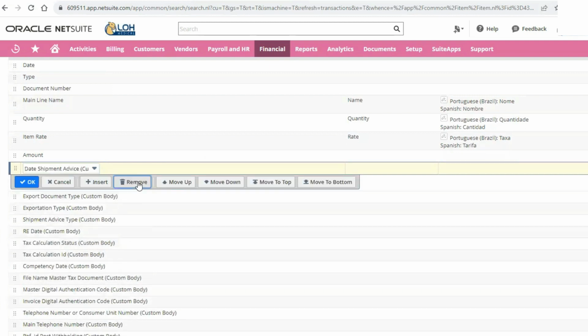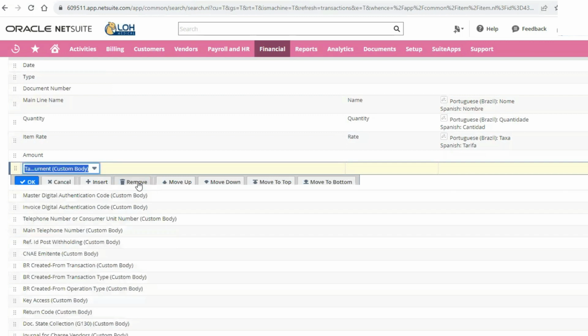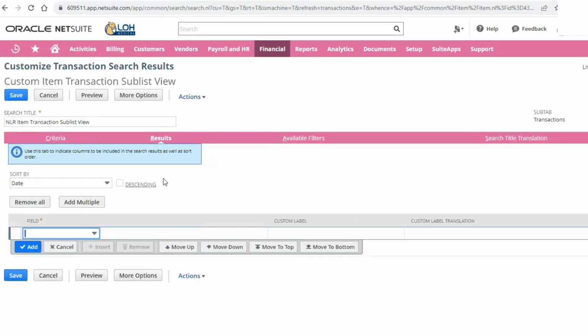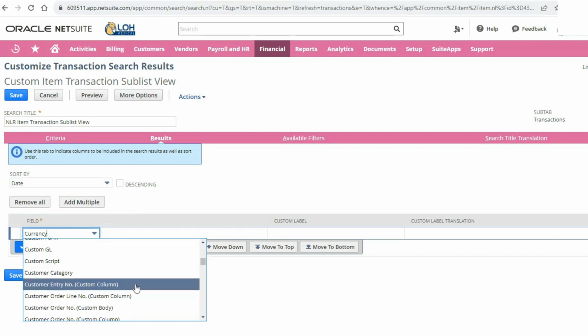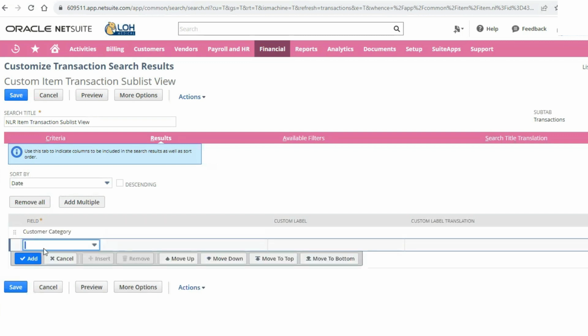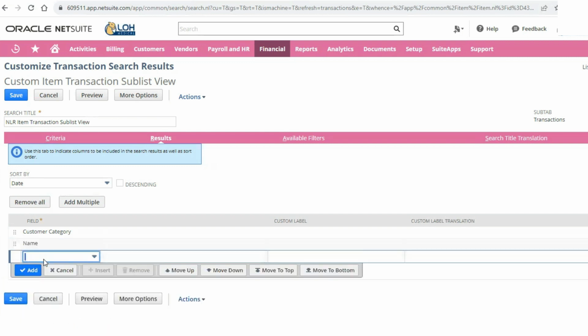I can really add these columns here. Okay, I'm going to remove all. So you can select different fields. So if you want to see maybe customer category, are they a distributor or an end user? Who are we selling this to? Customer name.